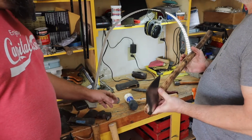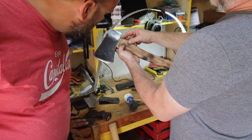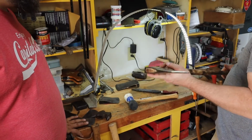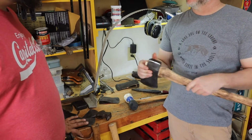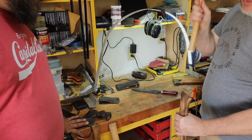So yeah, it feels to me like if you keep hitting that, the head will fall off. No, if you look here, see how it's driven that down deeper now? Huh. So it's driven the handle into the head. You would think just the opposite. You would think, oh gosh, I got to drive this head onto this handle. No, you're driving the handle into the head. And you just do it out in the open. I use a rubber mallet, and when you do it long enough,